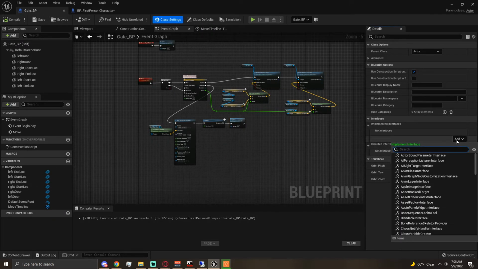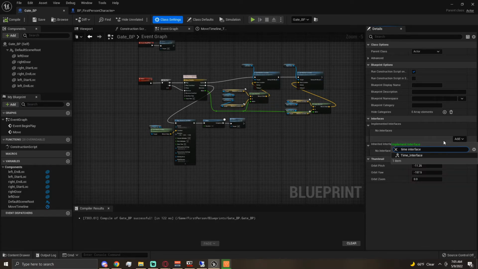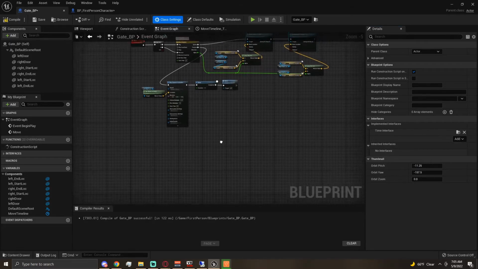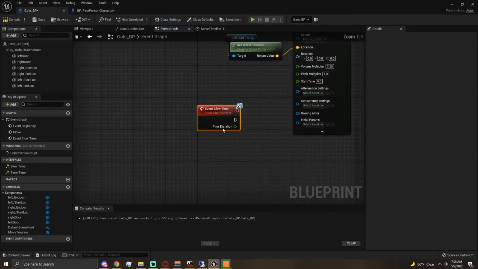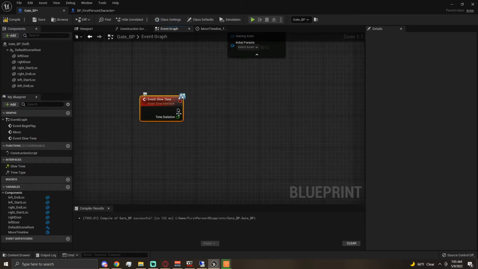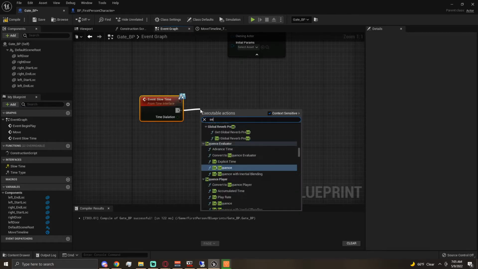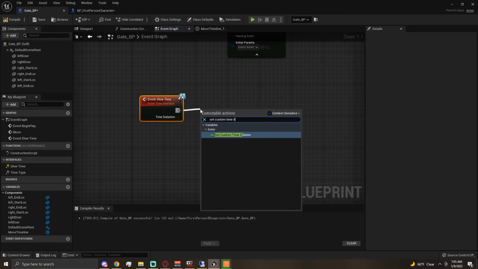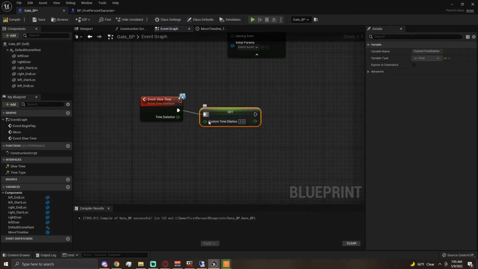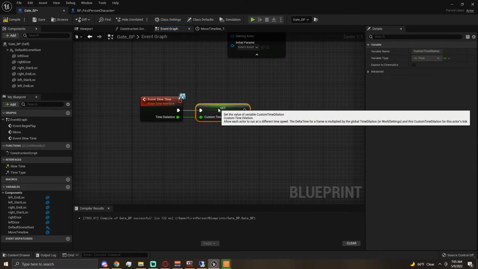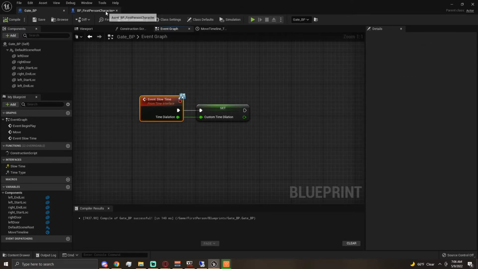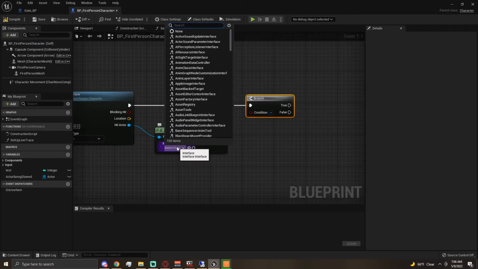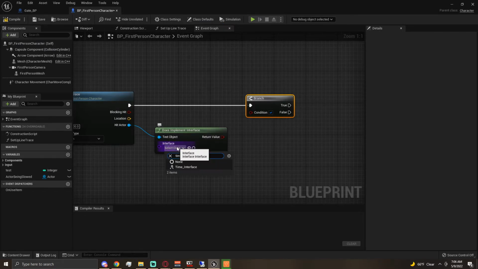Class settings, add interface. Oh, sorry. Time interface. Grab our time interface that we made before, and whenever we go down to here, whenever slow time is messaged to us, well, all we want to do is pull off of here and say set custom time dilation. Plug that into the input value from message. Okay, so now if this does implement the time interface,